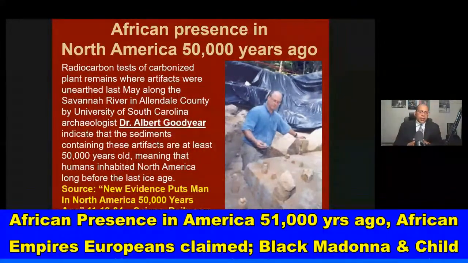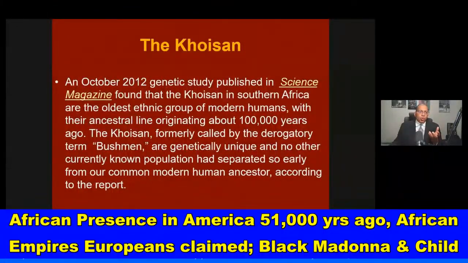This article from ScienceDaily.com on November 18, 2004, entitled New Evidence Puts Man in North America 50,000 Years Ago, talks about his discovery. Okay, ScienceDaily.com, they have all types of archaeological discoveries, scientific discoveries, etc. there. So the Khoisan,